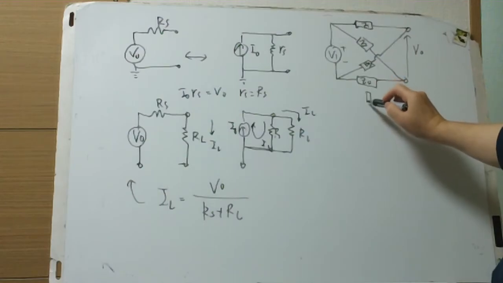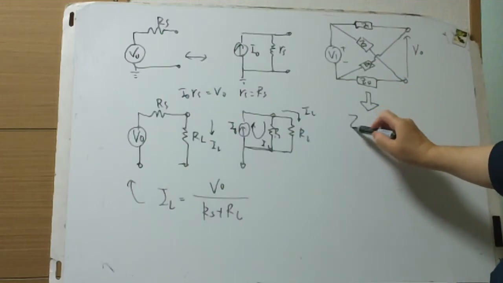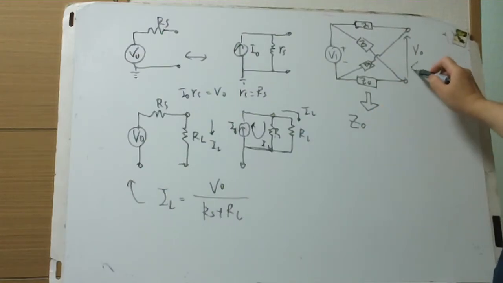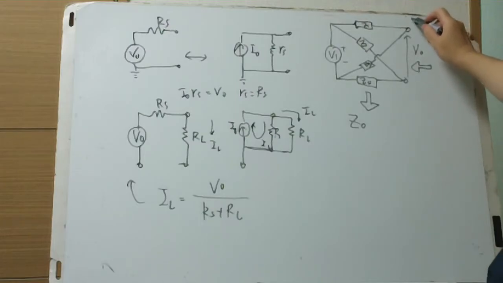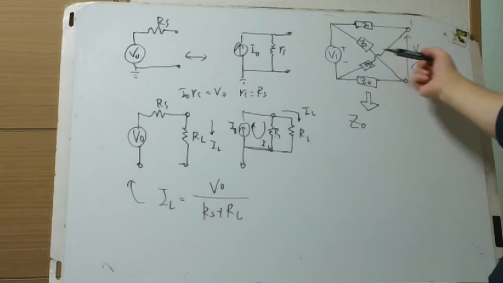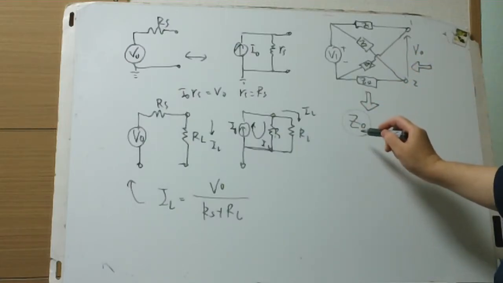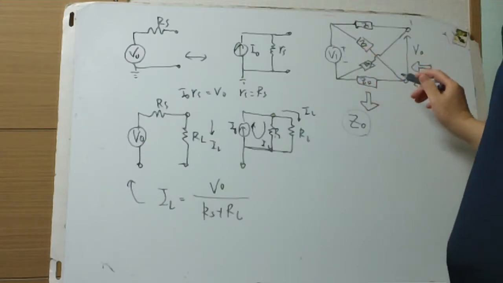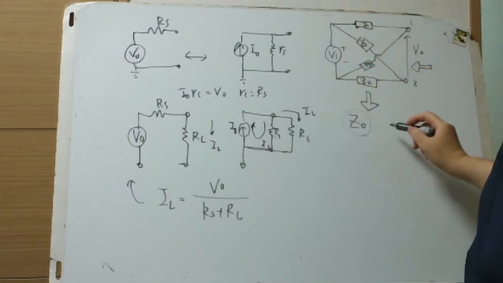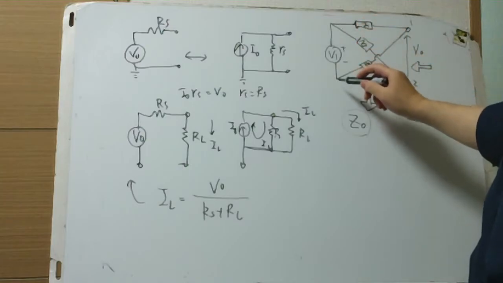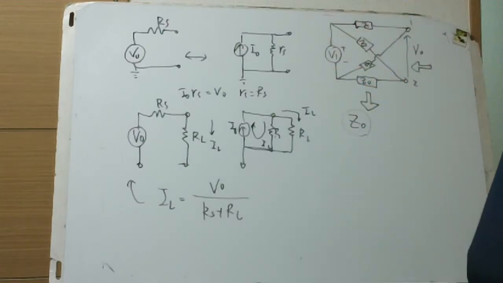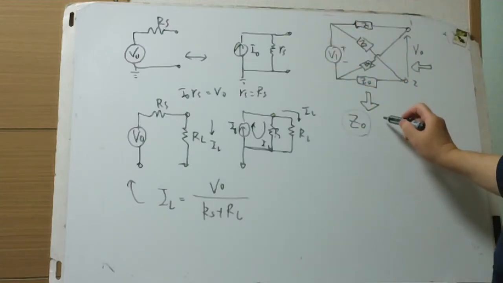To derive the Thevenin equivalence, we need Z out looking into here, between node 1 and node 2. To get Z sub 0, we need to short the voltage source and open the current source, and